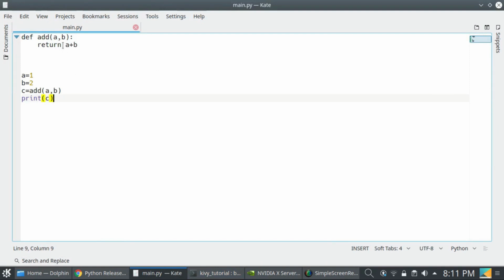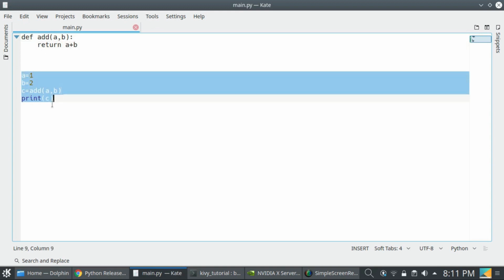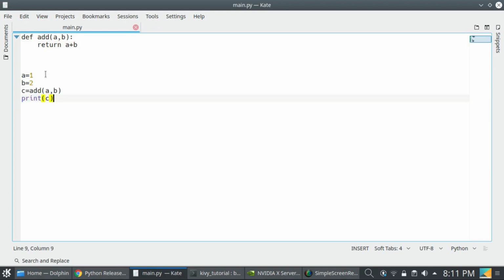Here you can see I am using A and B in this function, and also I am using A and B in the main scope. As the scopes are different, they are not interacting or interfering. So you can use the same name but they are different as their scopes are different.